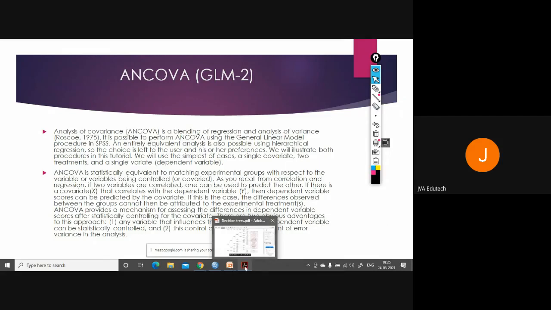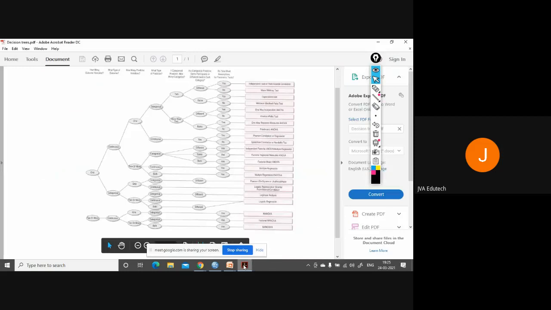Now let's see with the decision tree how we arrive at applying ANCOVA. So we have one outcome variable that is continuous in nature. We have two or more predictor variables, meaning two or more.